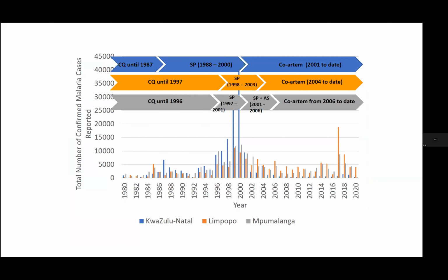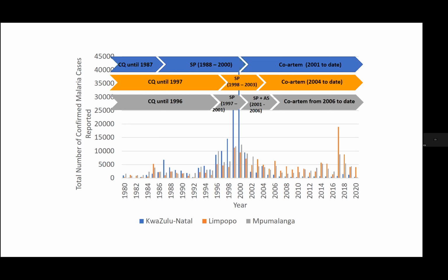So how this translated into the South African context is, as you can see here, this is data from 1980 to 2020 from the 3 endemic provinces in South Africa, looking at the total number of confirmed malaria cases. And this is just to highlight the drug resistance and insecticide resistance malaria outbreak that was experienced in the 1999-2000 malaria season. Here, KZN bore the brunt of this malaria outbreak, reporting in excess of 40,000 cases and over